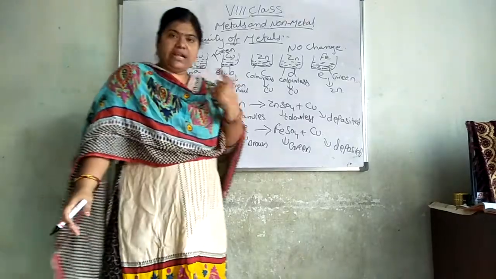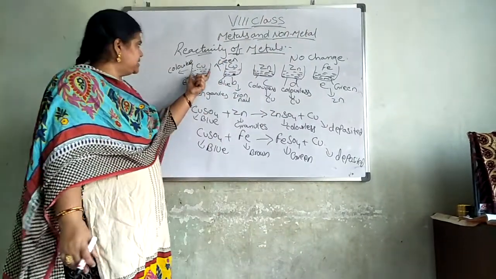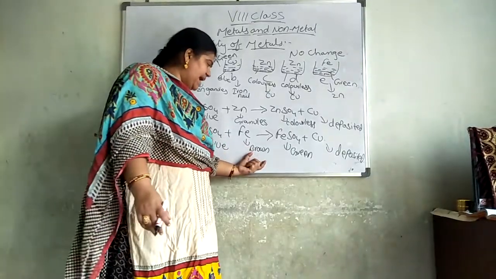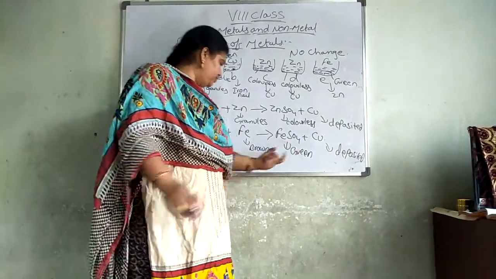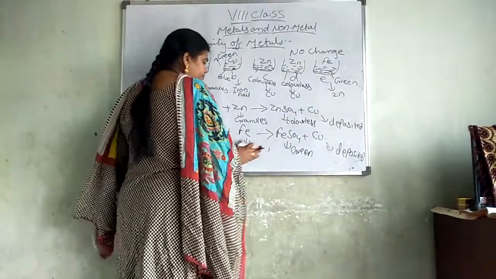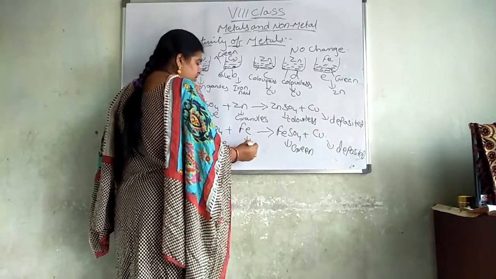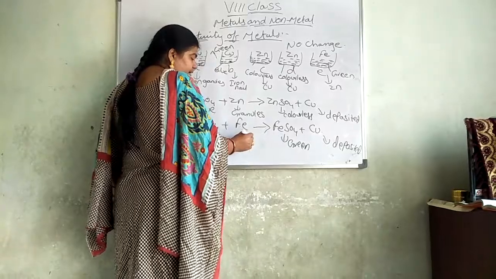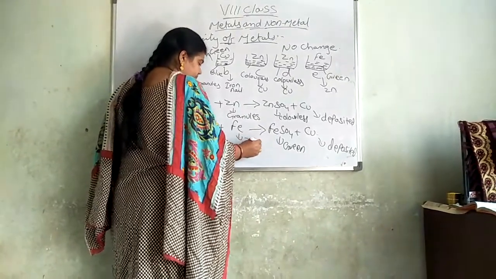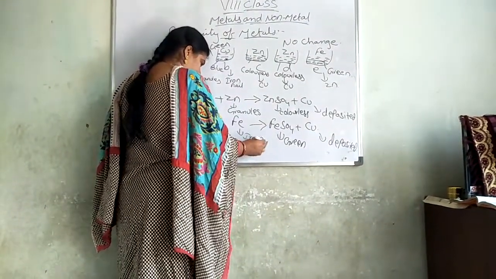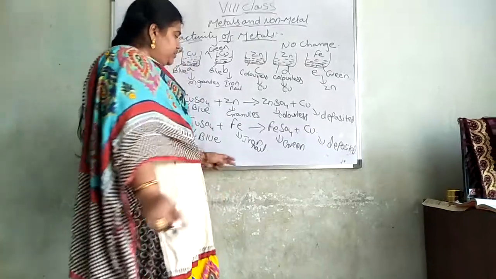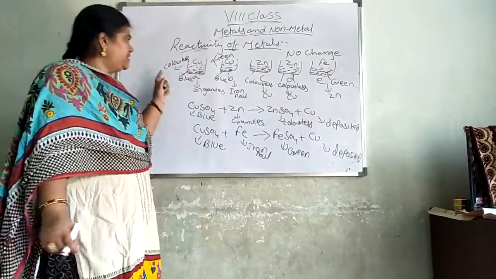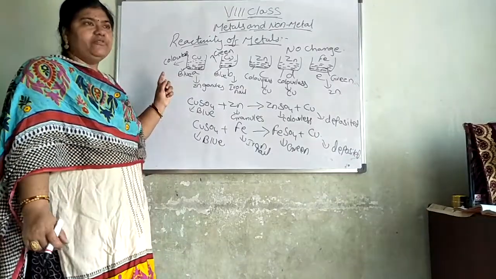bottom of the beaker. That we saw in the 7th class. Here also the experiment is carried out in the same way. Copper sulfate when reacted with iron changes color. The iron nail will be brown in color. Iron nail gives rise to iron sulfate plus copper. Please try to understand this experiment, it is very important.